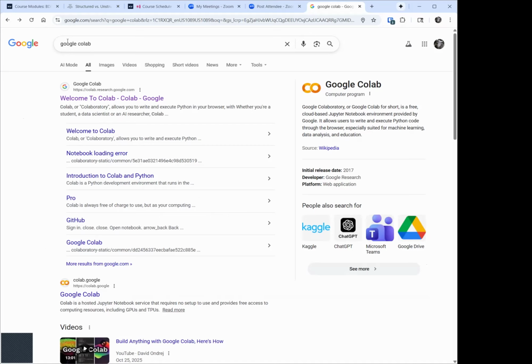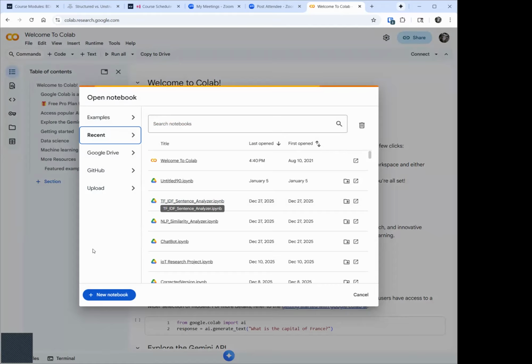Right there, see? Type Google Colab, and you're going to be taken to this webpage. Once you're taken to this web page, click on Welcome to Colab. And then I want you to click on New Notebook. Do you see here, New Notebook? Click on New Notebook.